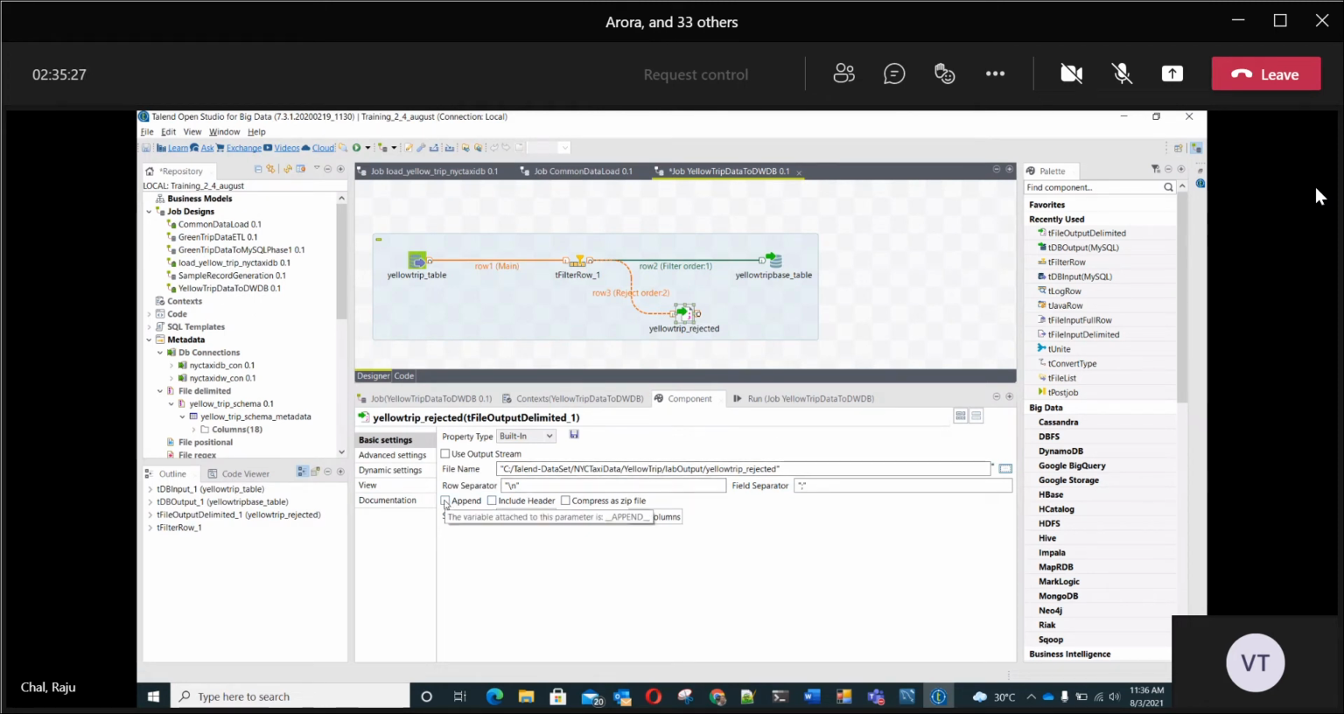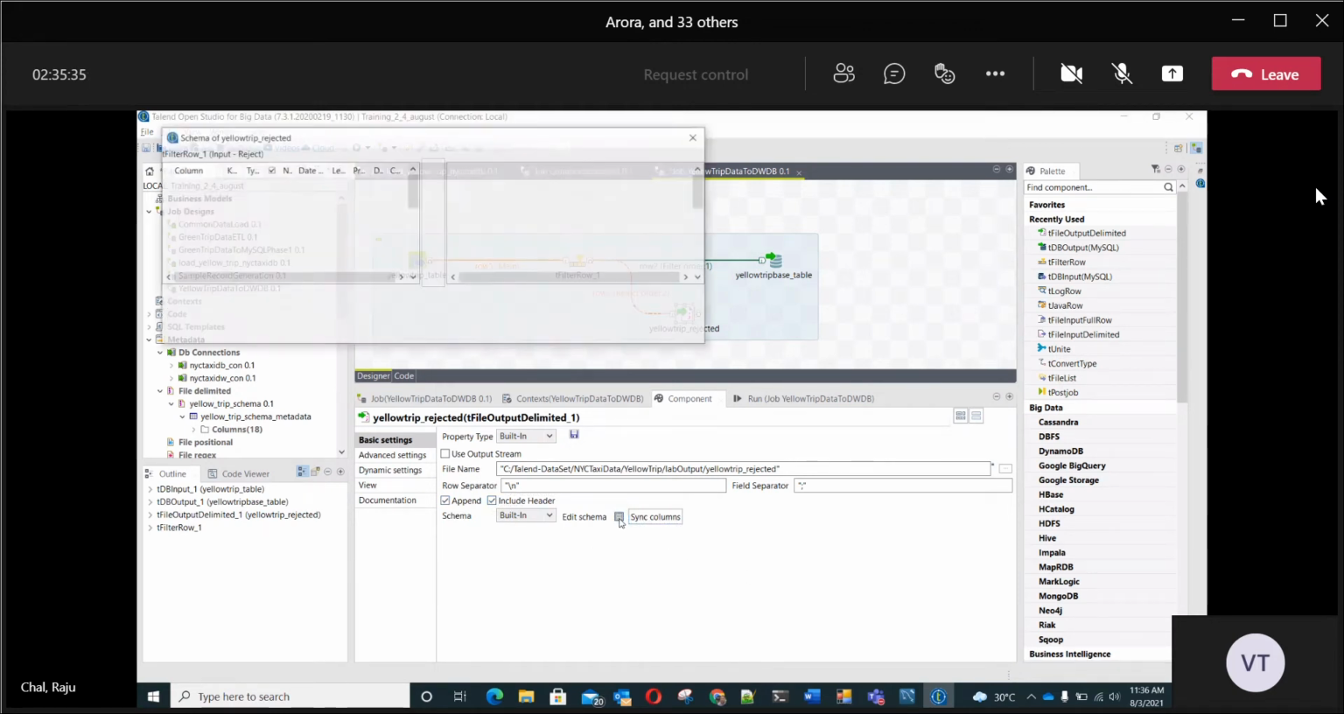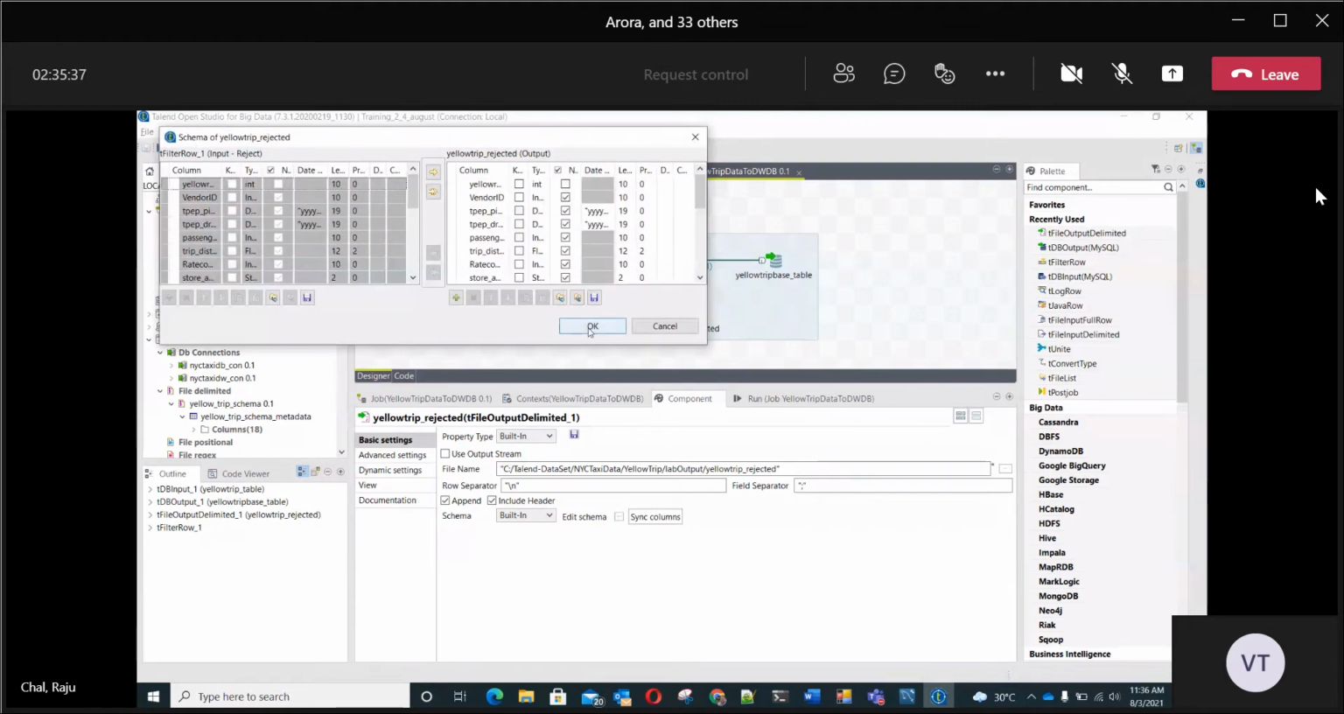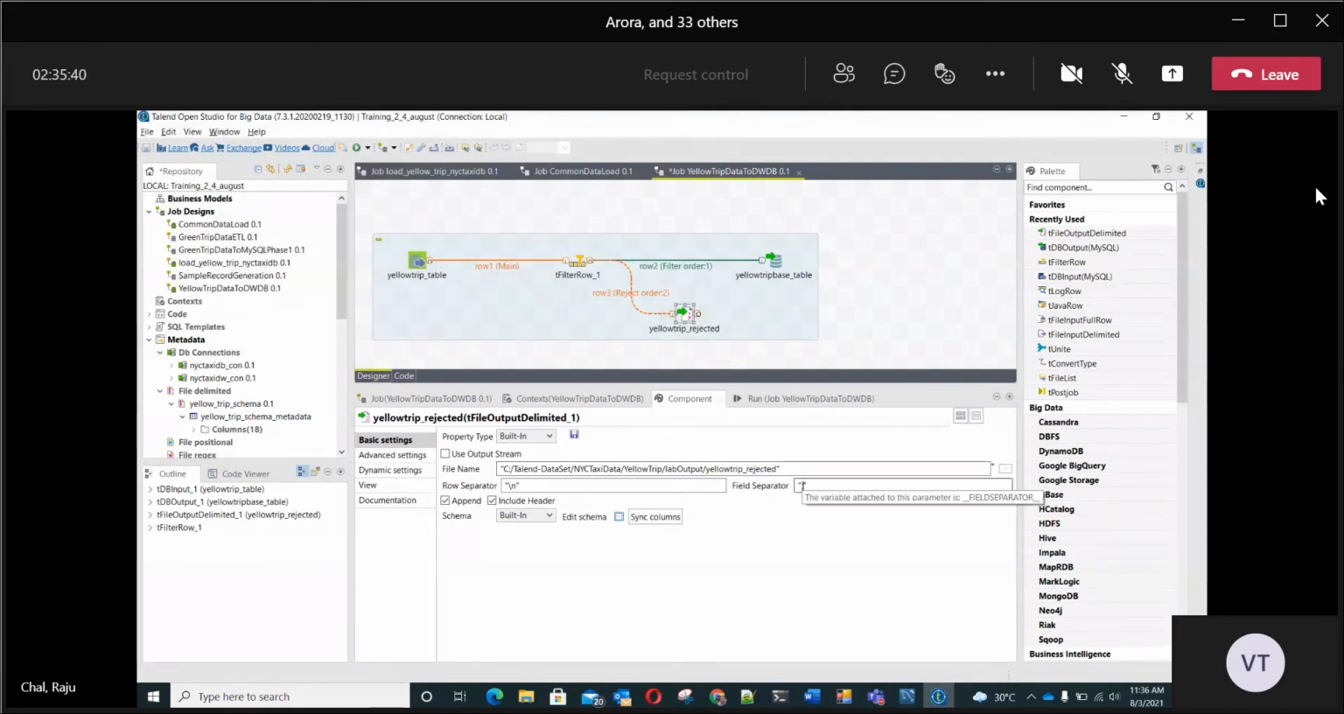It will be append mode, yes, include header, then sync columns, edit, color fine, field separator, make it comma. That is fine. Now, if you save it and if you run it,